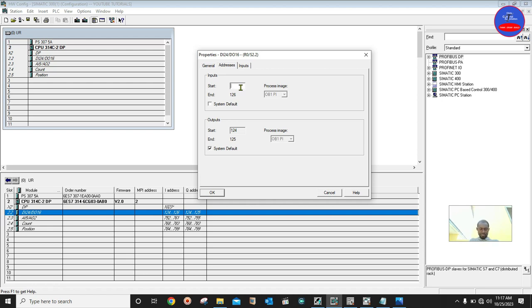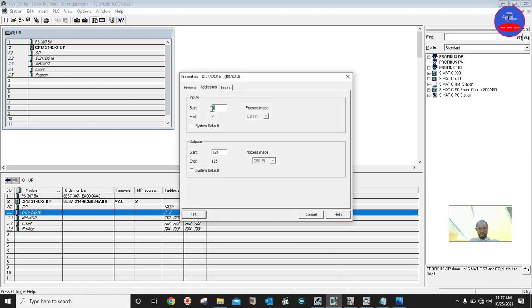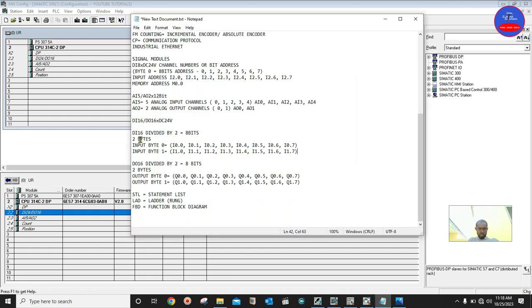When you enter 0 and then we click anywhere, I press enter. So as I entered 0, it is starting from 0 to 2. What it means is, see here, I told you this is 2 bytes. So if they are saying digital input